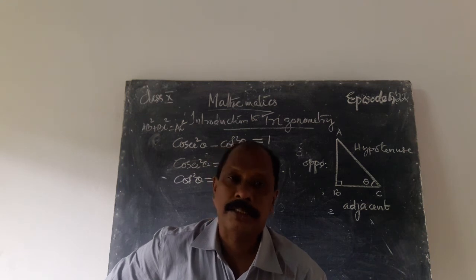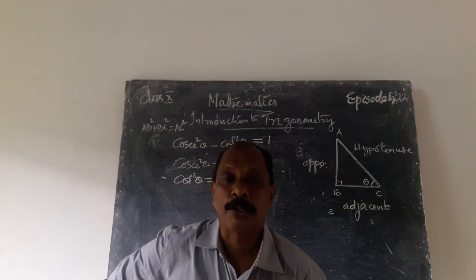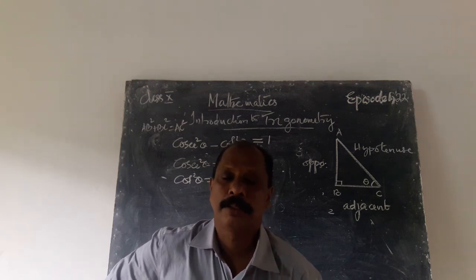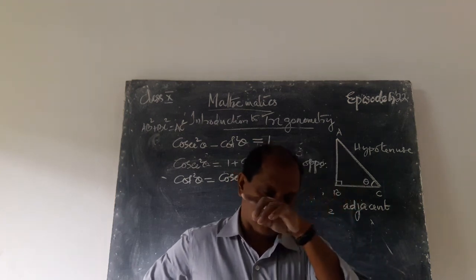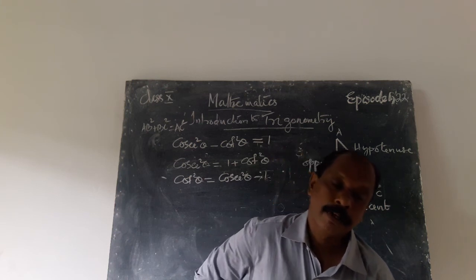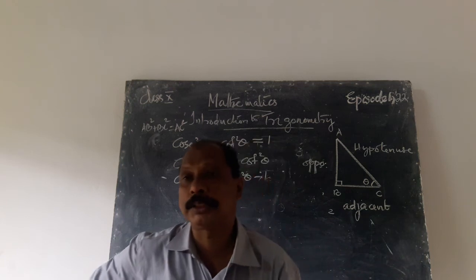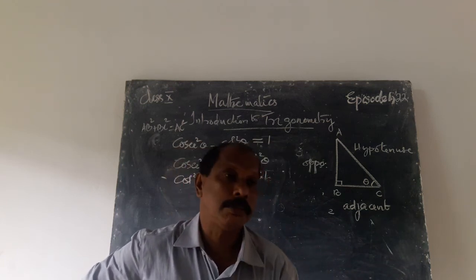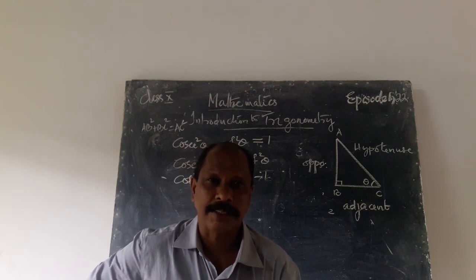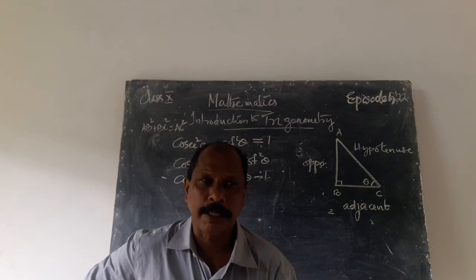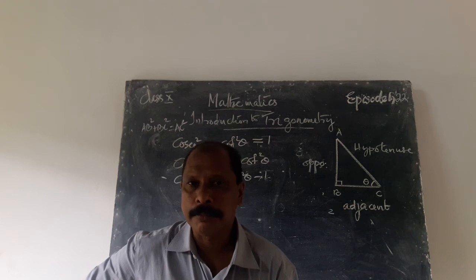That means sin theta, the first basic trigonometric function, is opposite side by hypotenuse. From figure it is AB by AC. Cos theta is the second one, it is adjacent side by hypotenuse. From figure it is BC by AC. And tangent or tan theta is the third one, the ratio between opposite side and adjacent side, that is from figure AB by BC. Therefore, in triangle ABC, right angle at B, the angle at C is theta. Therefore, sin theta is AB by AC, cos theta is BC by AC, and tan theta is AB by BC.